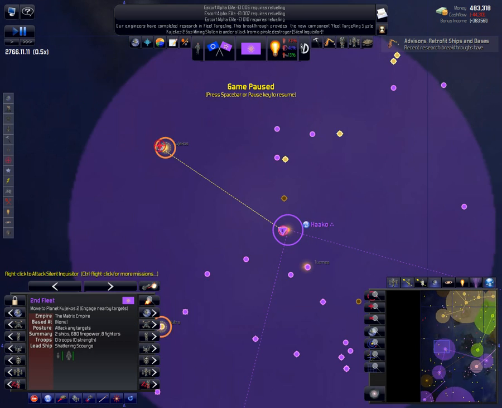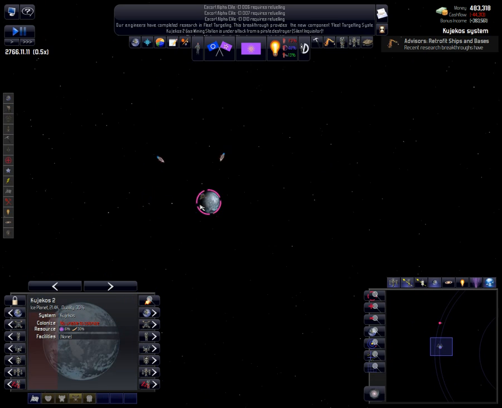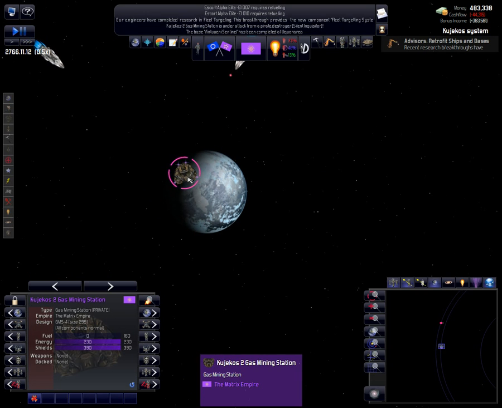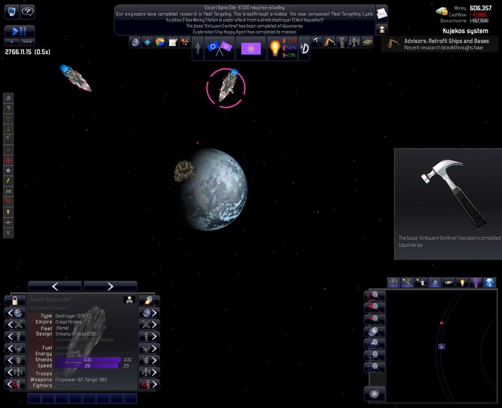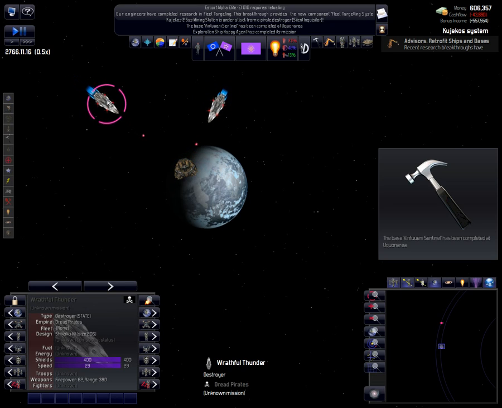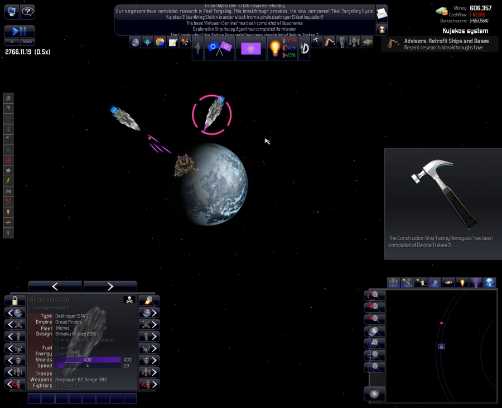Not sure why we... Let's see what this is. This is a gas mining station way out in the outskirts that was probably built by one of our automated things. Silent... only has a firepower of 62, so it won't stand much chance when our ships arrive. Problem is,